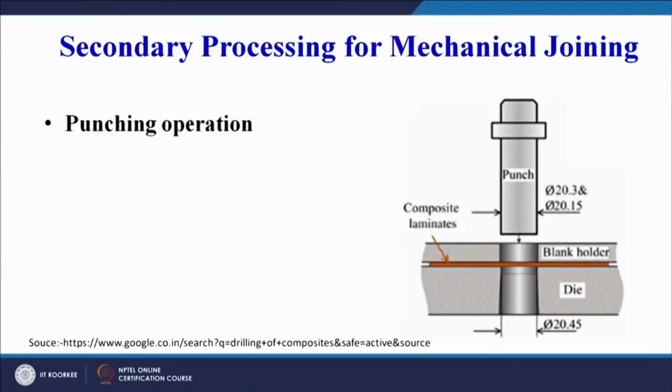So today is the introductory session, just highlighting the processes which have been applied by researchers, engineers, scientists worldwide in order to make good quality holes in polymer composites. Then we can go for a punching operation. It has got its own limitations, so that is another process which can be used for making holes in composite parts.